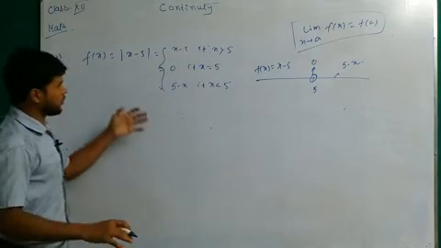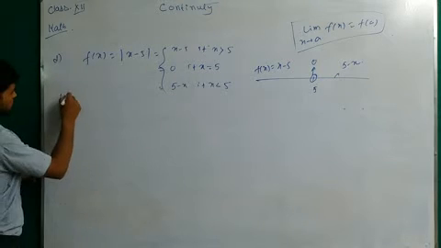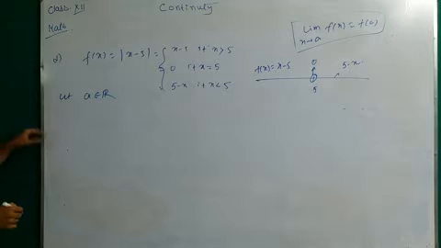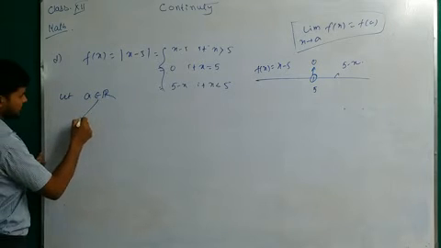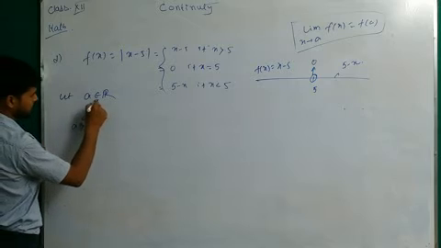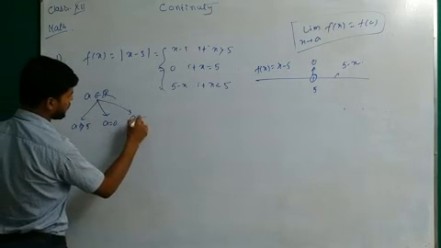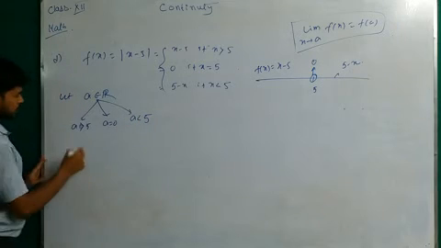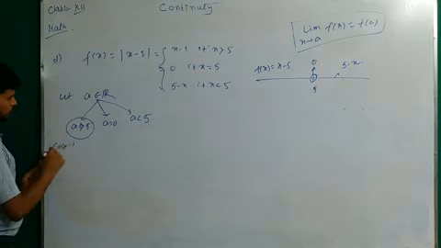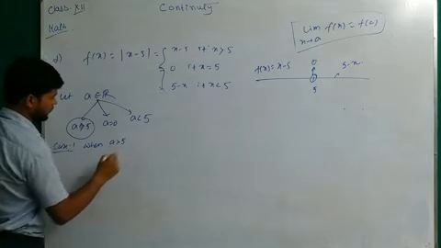Okay, so obviously we have three conditions here. Let a be any real number on the number line. So three cases may arise here. a may be greater than 5, a may be equal to 5, or a may be less than 5. So let us consider the first case, case 1, when a is greater than 5.